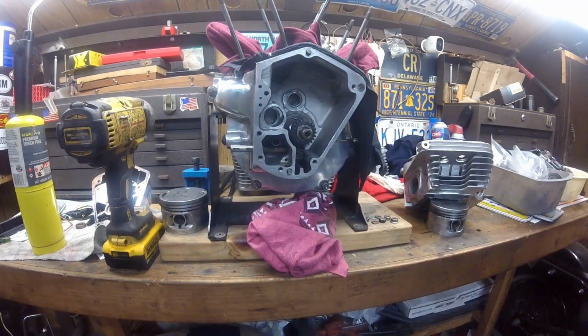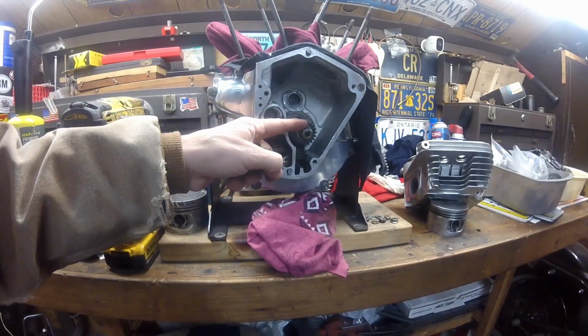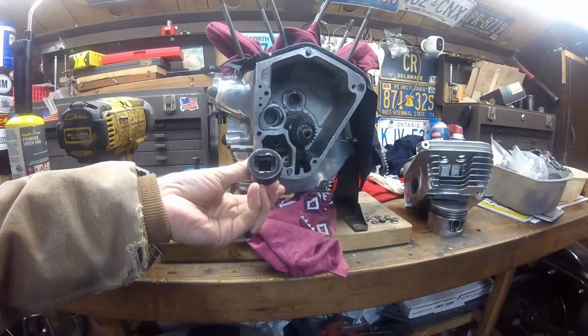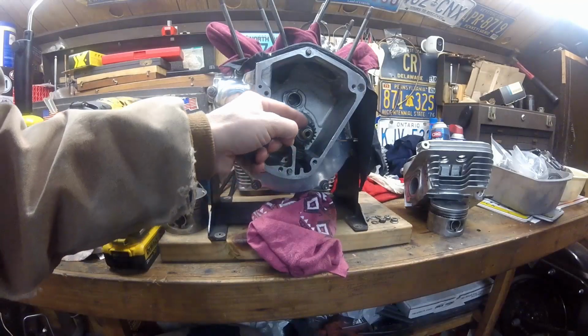Alrighty, this is going to be a quick video on how to get the pinion nut off. This is off an early Evo, but the shovel heads are also the same way. The first thing you need is this tool that fits over this nut that has two flats and two rounded